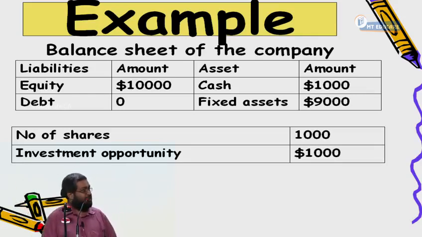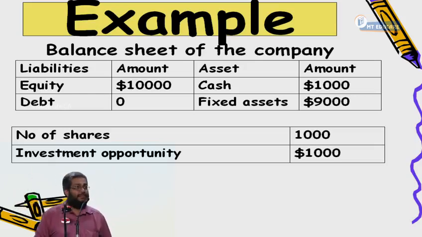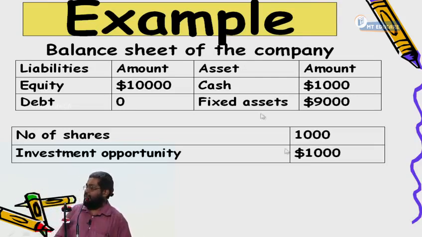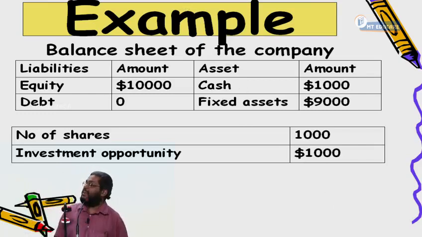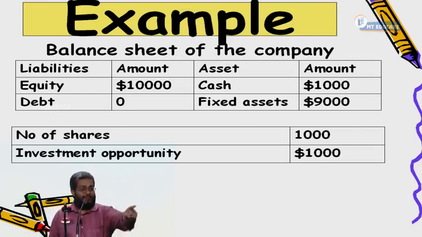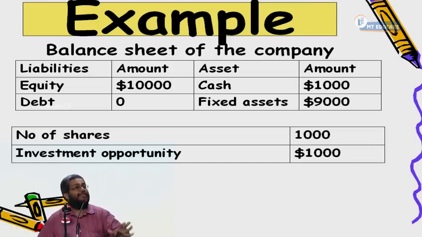The company is doing a business or not? The value of the cash flow generated by the business is the value of its fixed assets. Everybody follow what I am saying? In that case, these $9,000 assets are employed in different projects or not? Yes, for those projects we can estimate cash flows or not? Yes. So the present value of those cash flows is expected from the project. Don't say how, sir, can I estimate. If you want to know the value, you should estimate. No other option.